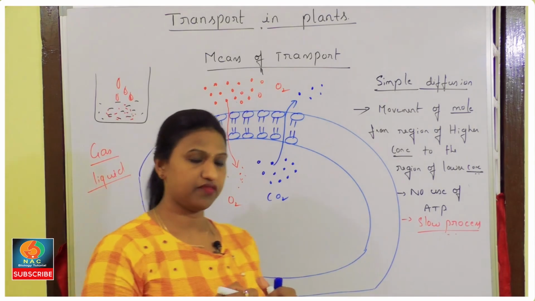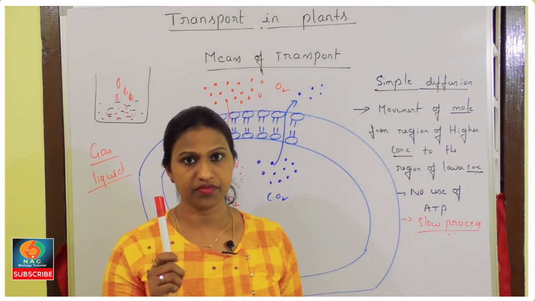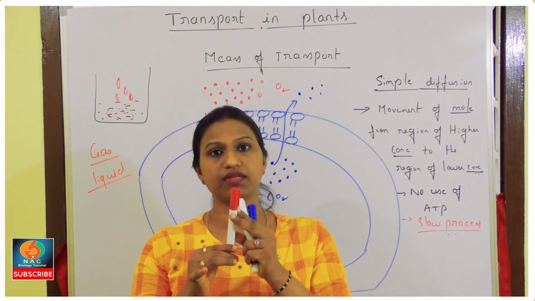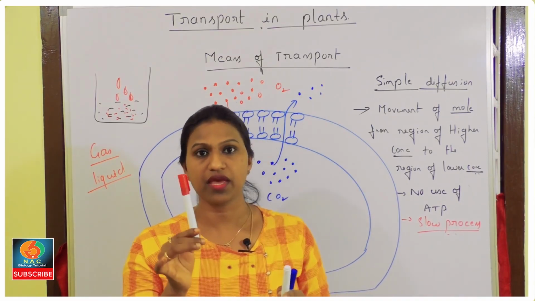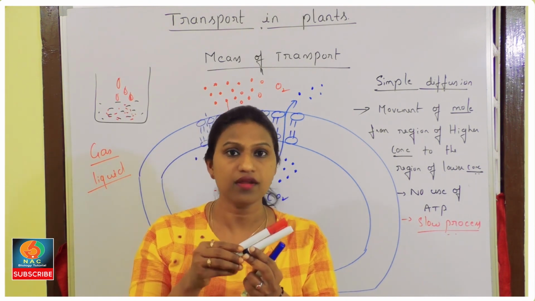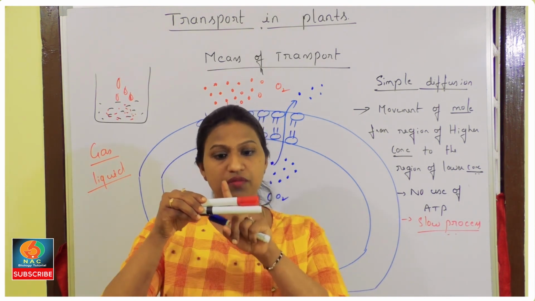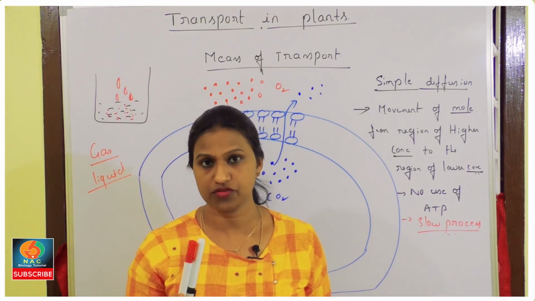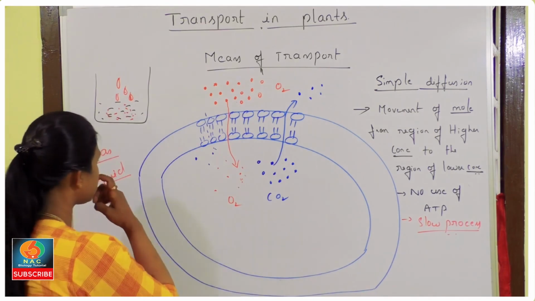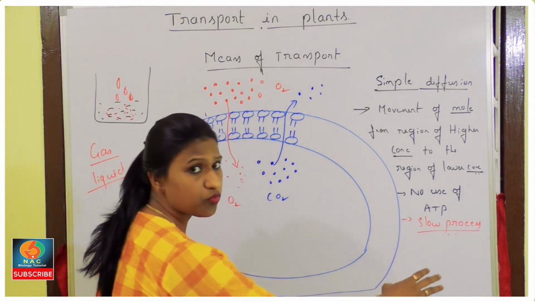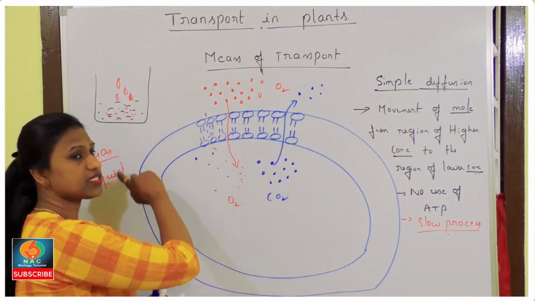Okay, if we have this pen, a solid, and if we have a big pen, so that the atoms which are present in this pen may be more compared to this. Let's assume like this. If I just put it over, it won't diffuse from this region to this region, right? In the solid state, the molecules do not diffuse, right? And one more thing we have to remember here is, of course it is a slow process, of course it can happen in gaseous and liquid state.